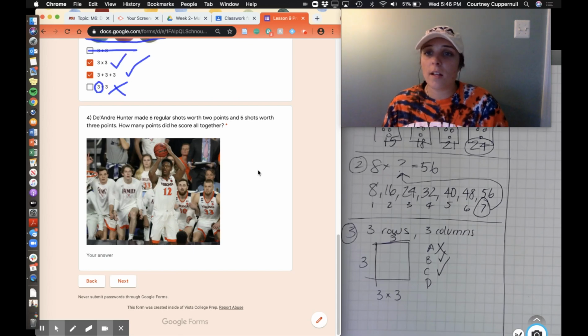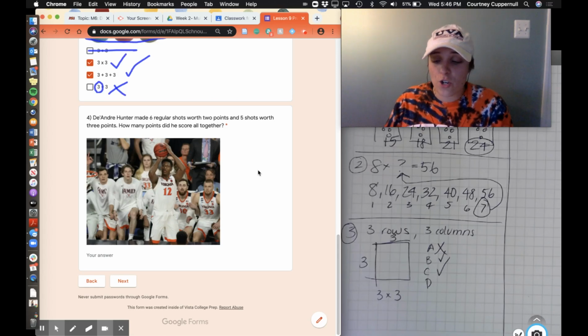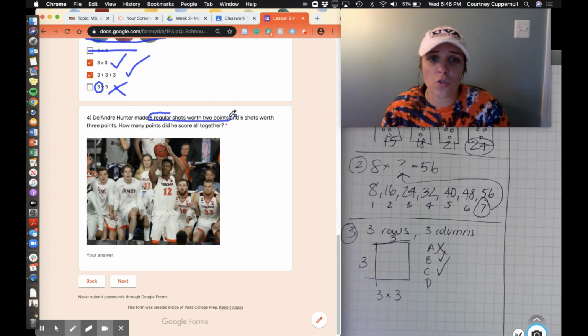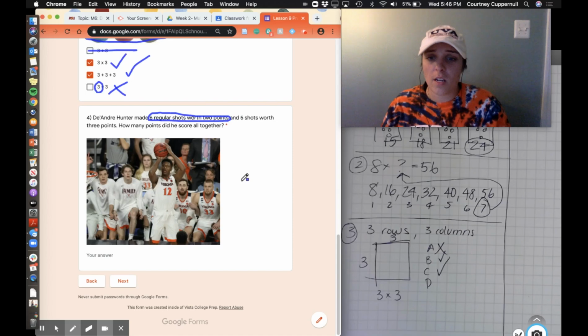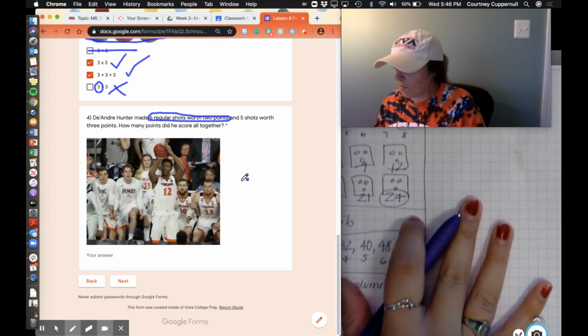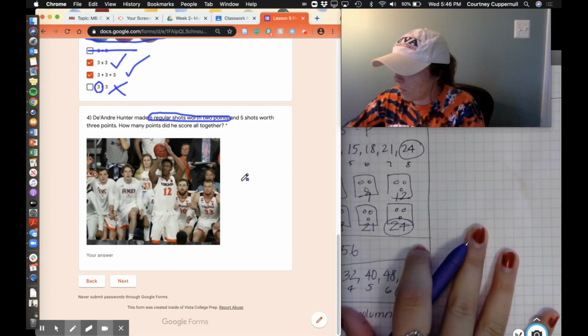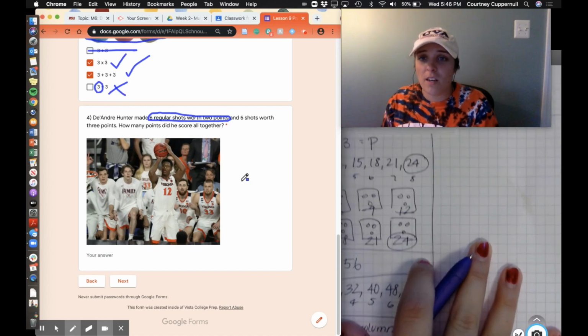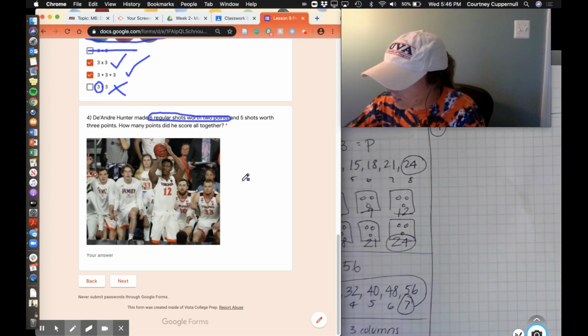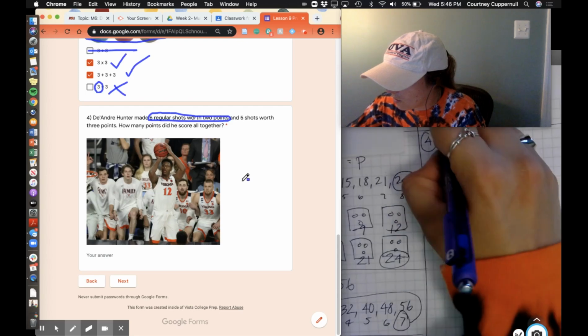I hope that you're thinking aloud something that sounds like this. I noticed that actually I have 2 different multiplication expressions going on here, right? So he says here he made 6 regular shots worth 2 points, right? So that tells me, I'm going to go ahead and move my scratch paper over to the other side because I ran out of room. If you did, no big deal. Just do what I'm doing. So that tells me if he made 6 shots worth 2 points, that right there is 6 groups of 2,